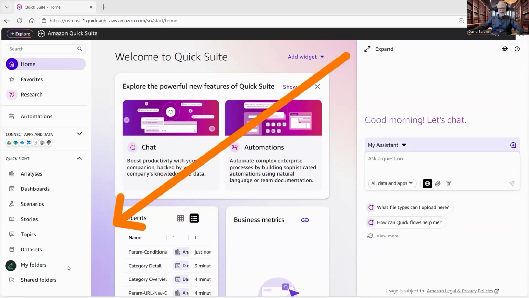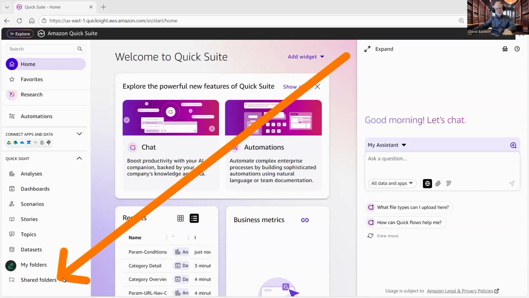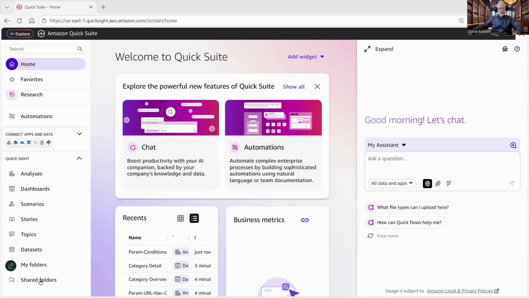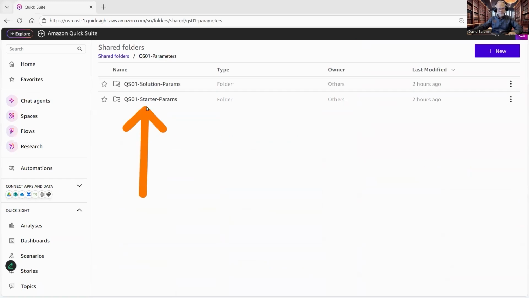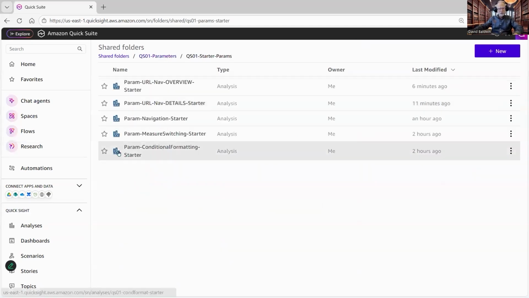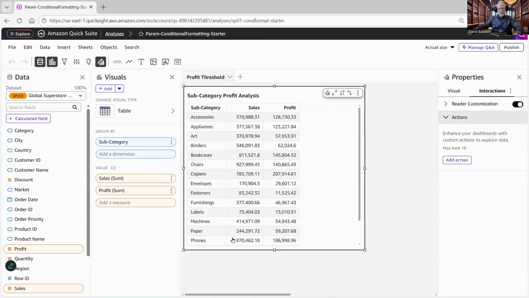We'll begin this exercise by navigating to the shared folders within our Explore pane located on the left-hand side of the screen. Within shared folders, I'm going to navigate to the parameters directory, and then I'm going to focus on the starter params directory. Notice that we have a conditional formatting starter analysis. I'll click on that, and I'll notice a simple, straightforward analysis with a single tab called profit threshold and a